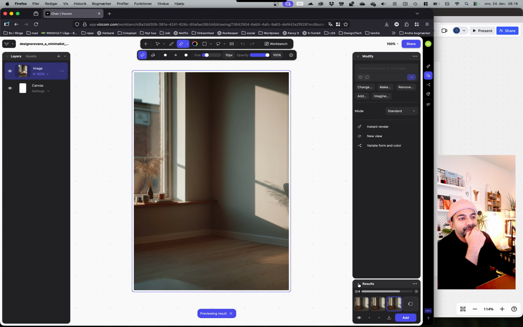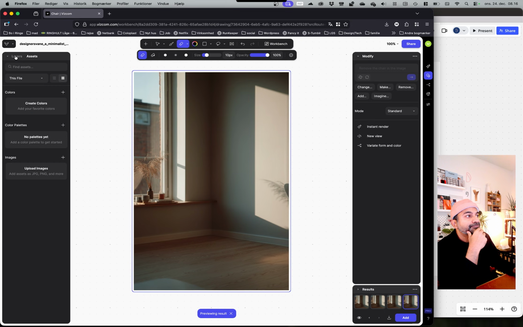Yeah, still doesn't have the shadow there, or remove the shadow. Maybe it will look better when we unify, but let's just see the last one. Alright, we'll take this one, the last one, we'll add that. Okay, so now we have this one. Then we need to add in,